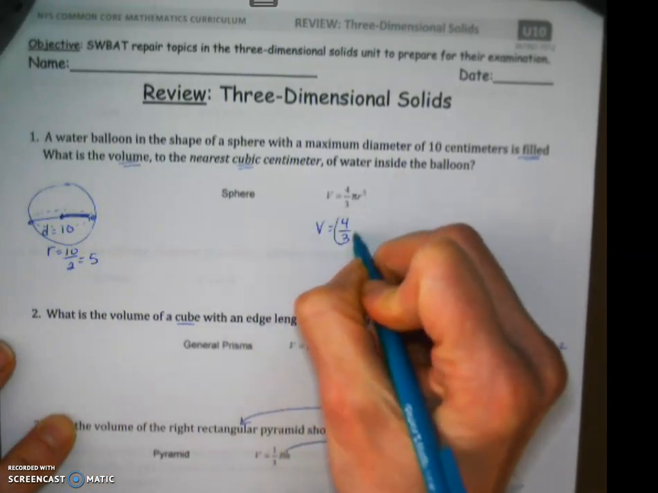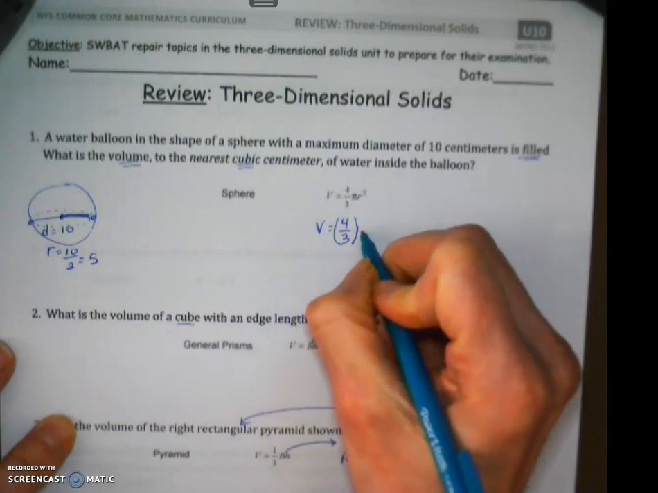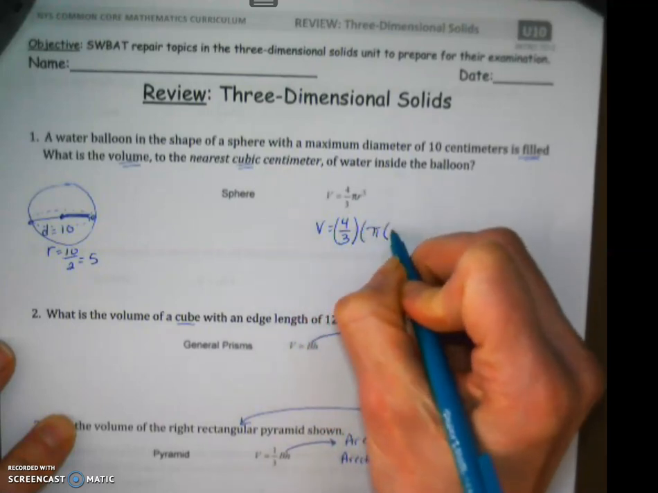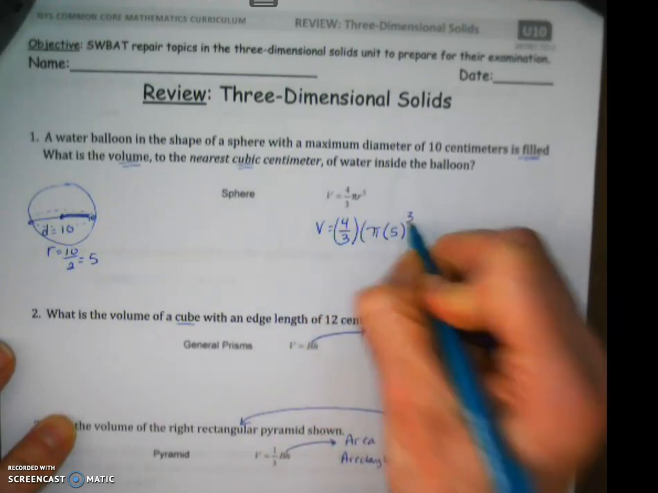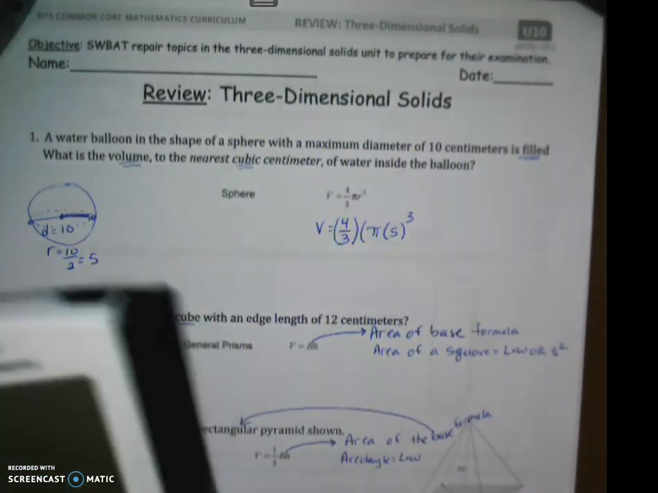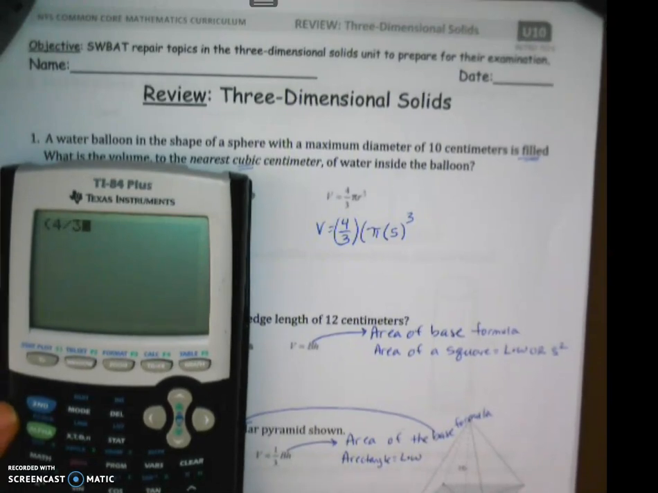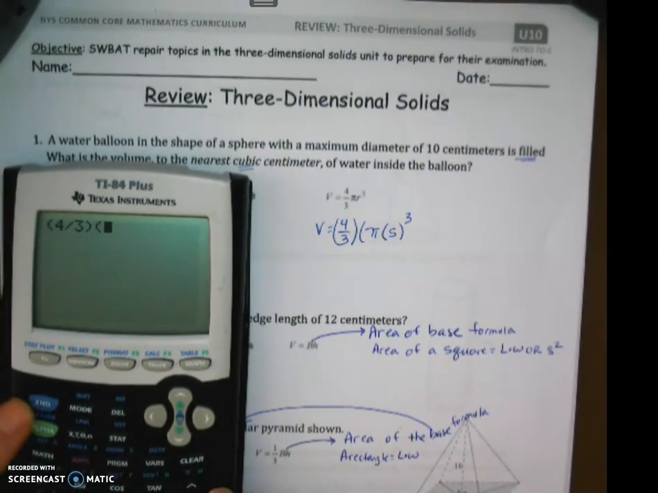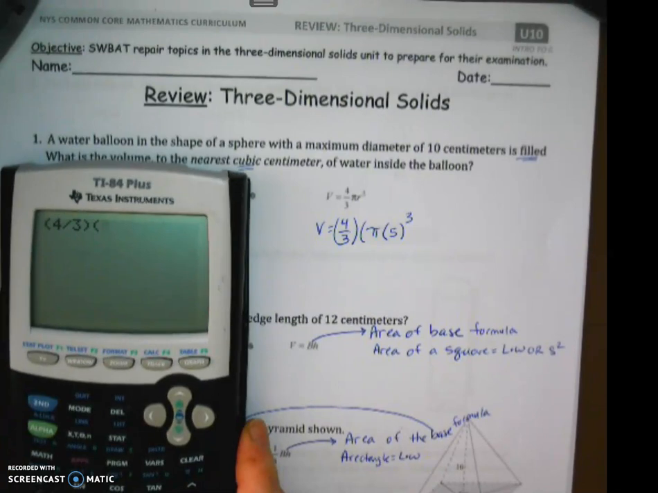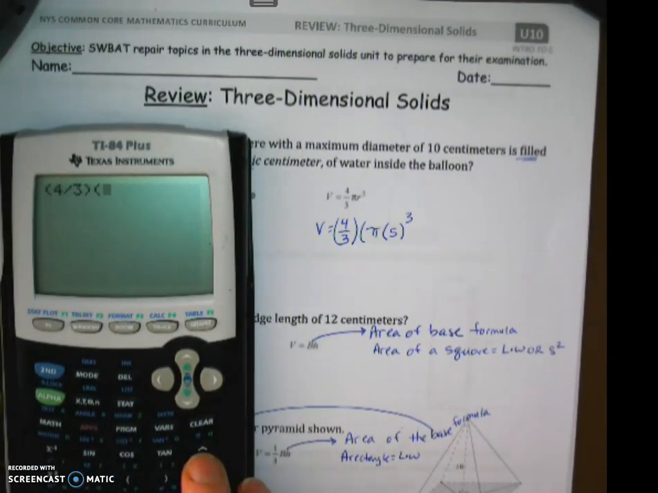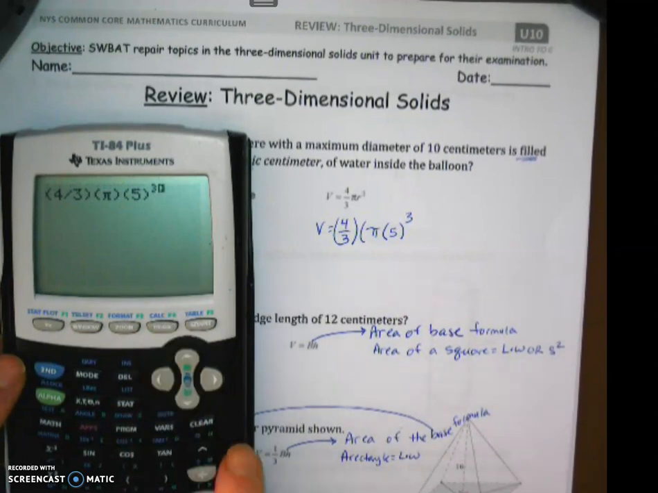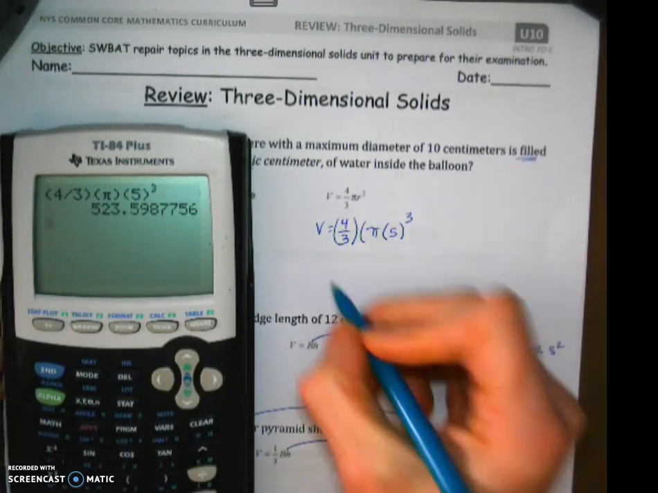4 over 3, when you put it into the calculator, remember to keep that in parentheses. We're going to multiply that by pi. We're going to multiply that by 5, and we're going to raise it to the third power. So if you have your calculators, we can do that together. Parentheses, 4 divided by 3, close the parenthesis. We're going to multiply that by pi, which is in blue, right up over here above this key. So second pi, close the parenthesis. Then we're going to put in multiplied by 5, and we're going to raise that to the third power. And then we're going to arrow out, and we're going to get our answer of